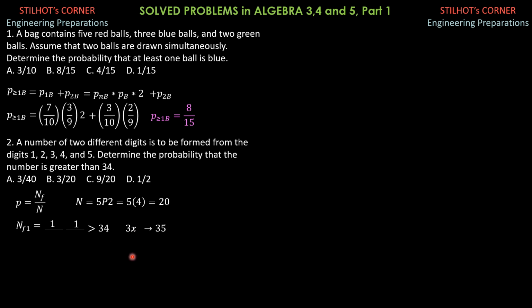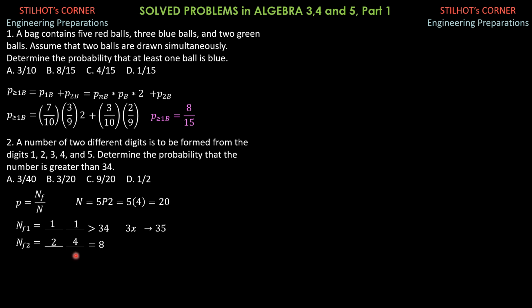For the second case, when the 2-digit number of different digits is greater than 34, there will be 2 in this position, 4 and 5, and after assigning a digit in the 10th digit, which is, we can assign 2, either 4 or 5, then in the second position, there will be 4 digits left. So there are 4 ways to assign a digit in the second place. And 2 times 4 is 8.